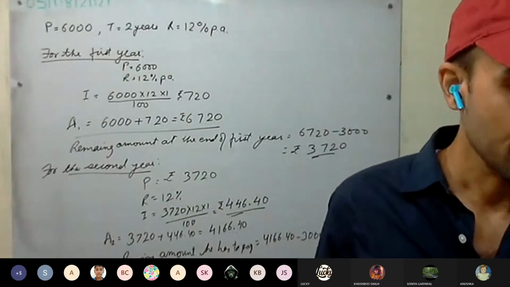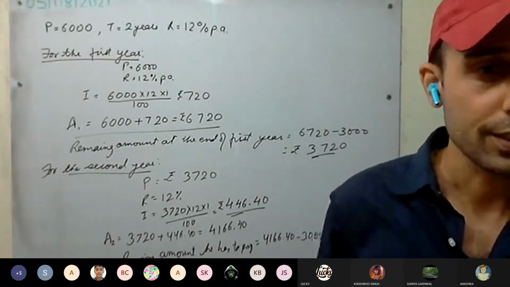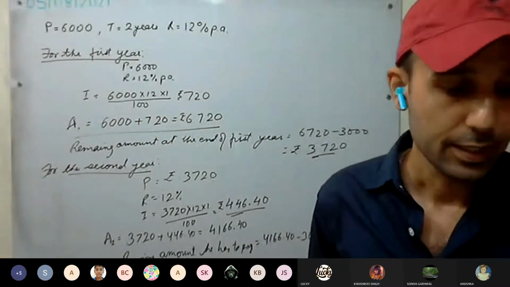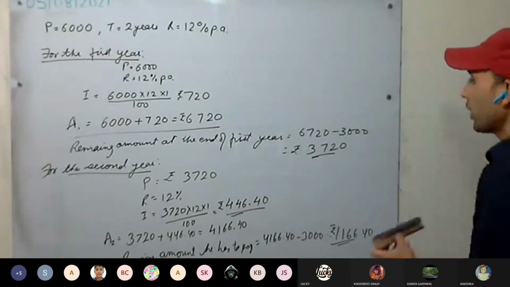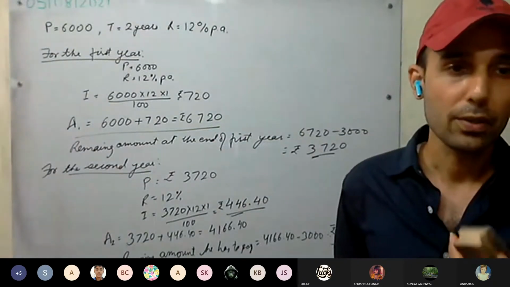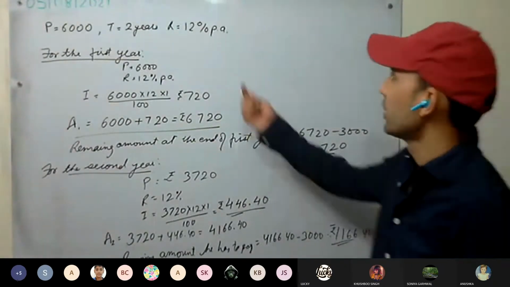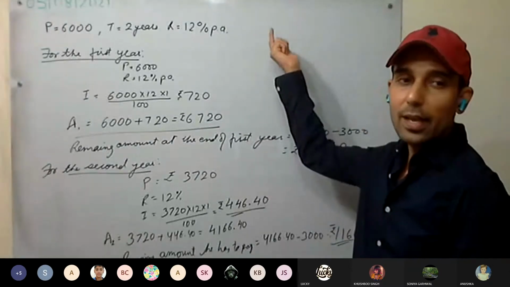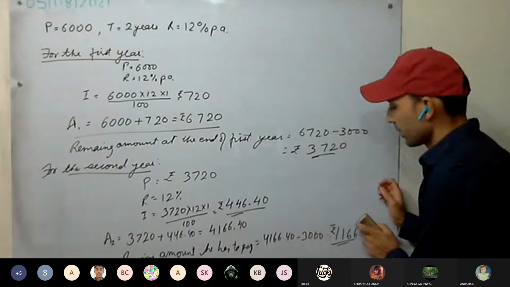Okay, read the 13th question, everyone. The 12th question is clear to all. Everyone read the 13th question. Okay, there's something different here. Till now, what we have done, every question was compounded annually. Rate, for example, 12% per annum, then the interest was compounded annually, that is yearly.